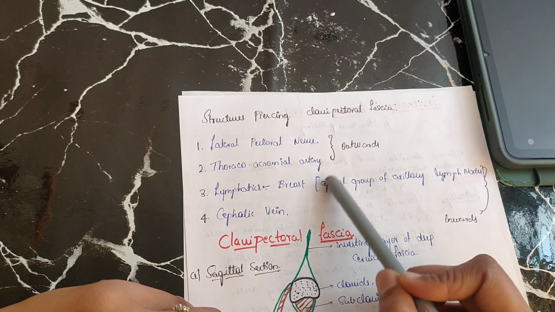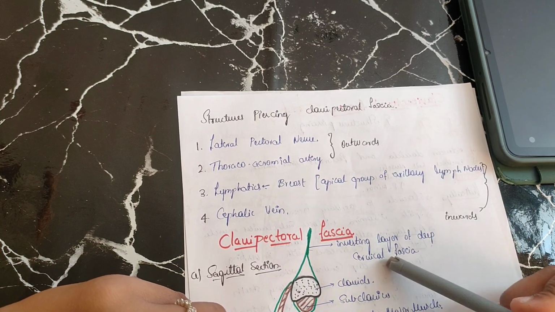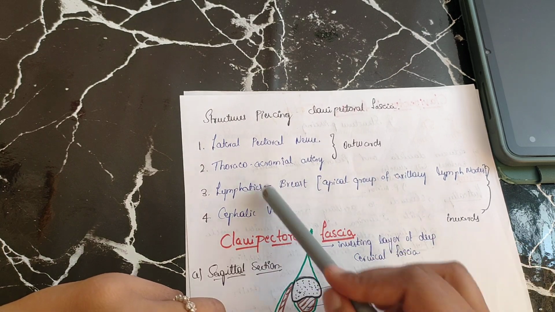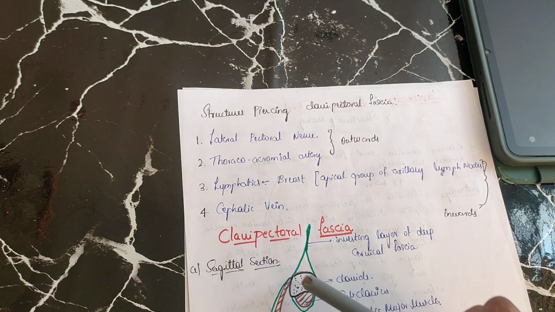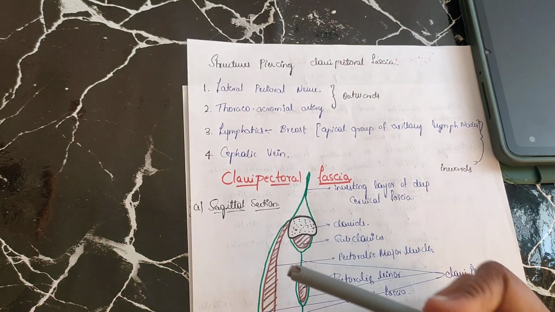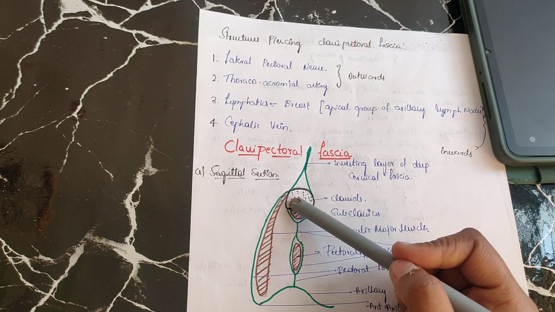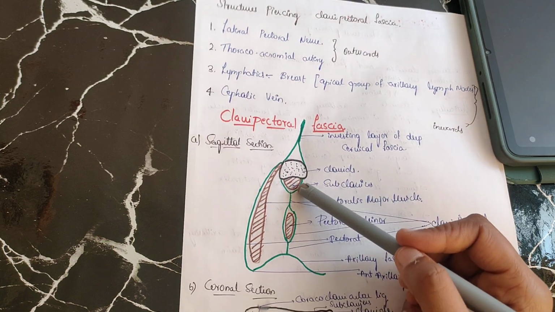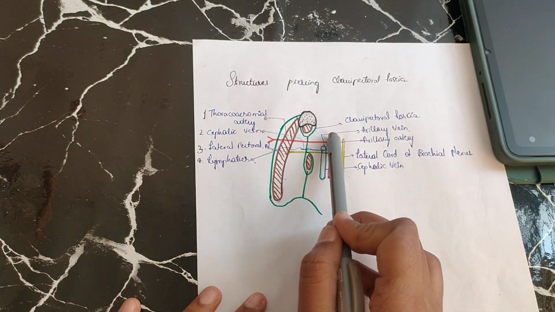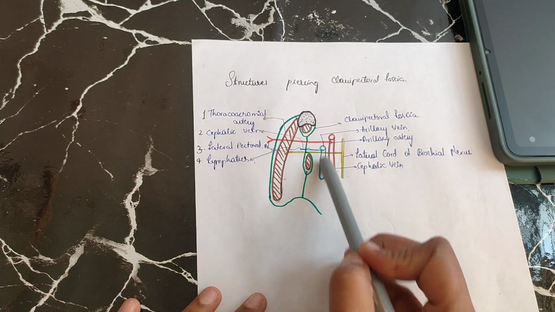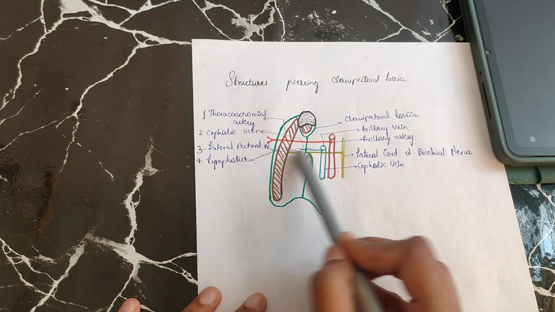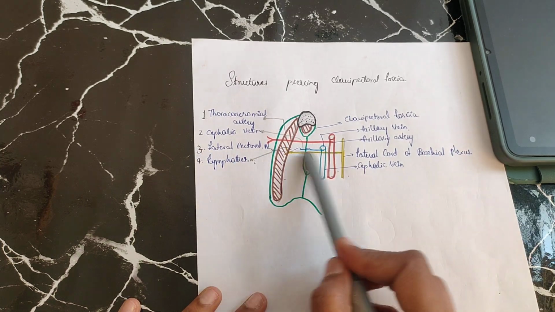There are so many subgroups of axillary lymph nodes, that is anterior, posterior, lateral, central and apical. Apical is a major group. It drains into these lymphatics inside after piercing the clavipectoral fascia. Cephalic vein from the forearm and then into the arm, then finally pierces the clavipectoral fascia and drains into axillary vein. As you can see the structures piercing: thoracoacromial artery from the axillary artery, cephalic vein will be drained into axillary vein, lateral pectoral nerve from the lateral cord of brachial plexus, lymphatics of the